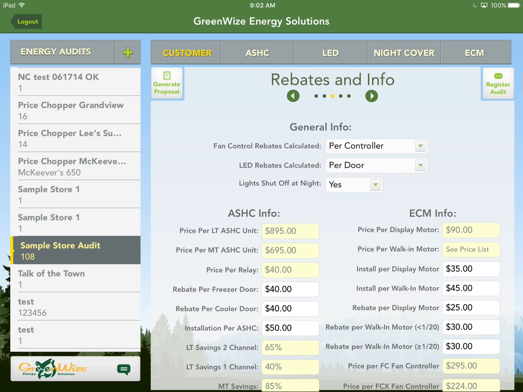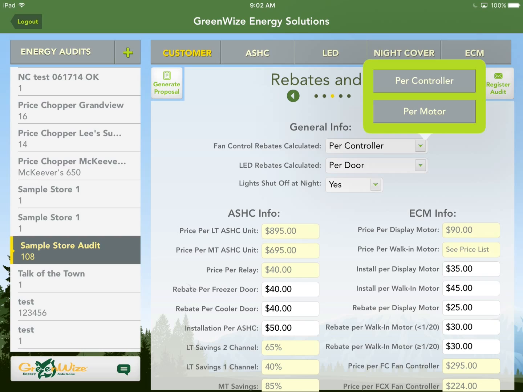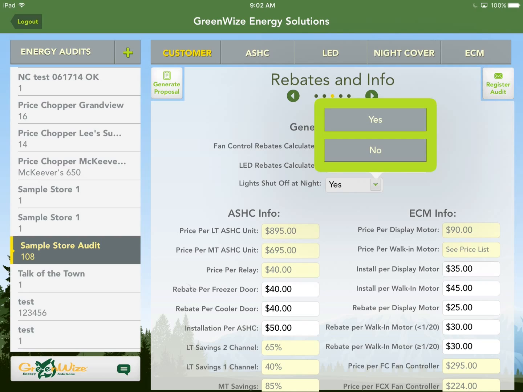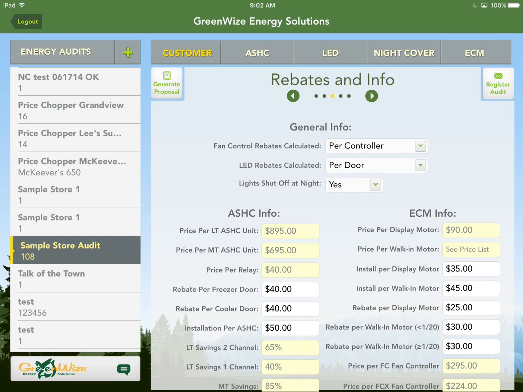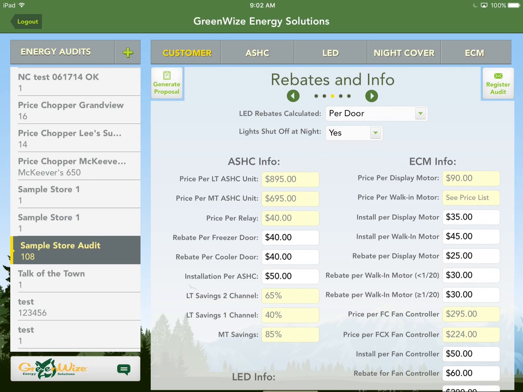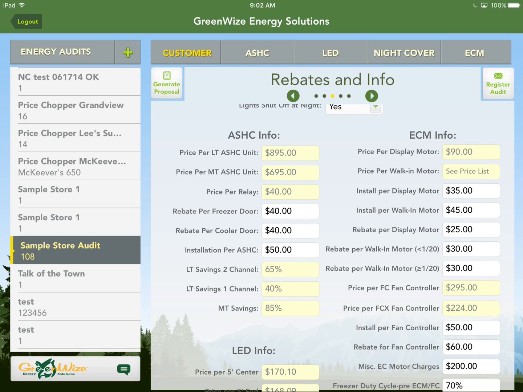Within those rebates, fan controls can be calculated per controller or motor, or for the LEDs per foot or door. Then there is whether they shut their refrigerated case lights off at night. This isn't just the overhead lights in the store, but the freezer doors, for pizza, ice cream, frozen vegetables, or walk-in coolers, like beverage coolers that have the doors at the front of the cooler. All of the yellow fields are either not editable or they are